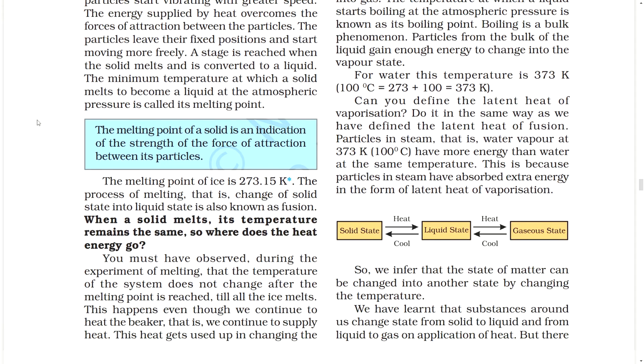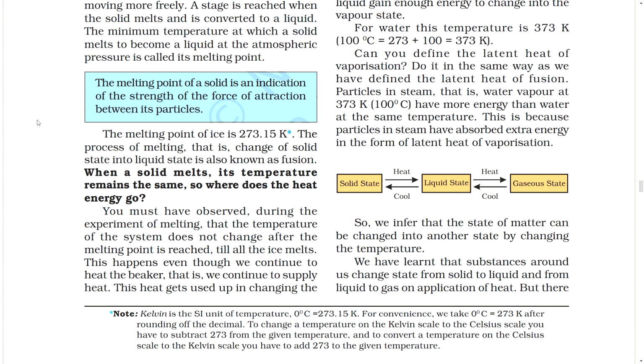When a solid melts, its temperature remains the same. So where does the heat energy go? You must have observed during the experiment of melting that the temperature of the system does not change after the melting point is reached. Till all the ice melts, this happens even though we continue to heat the beaker, that is, we continue to supply heat. This heat gets used up in changing the